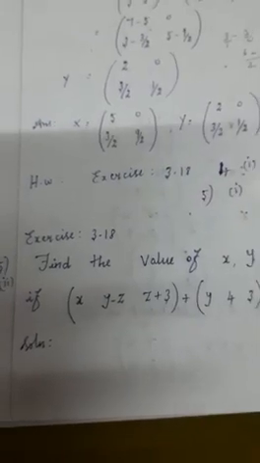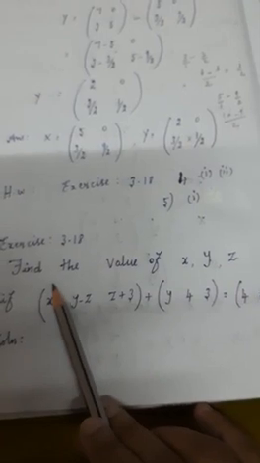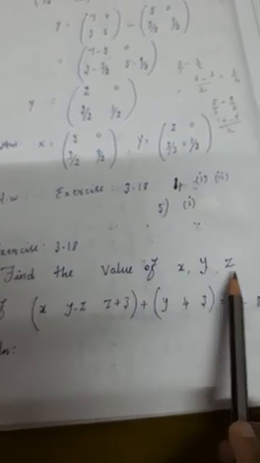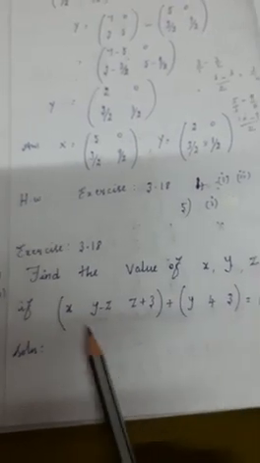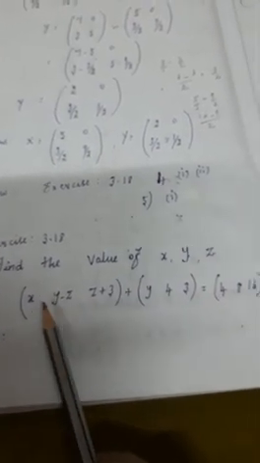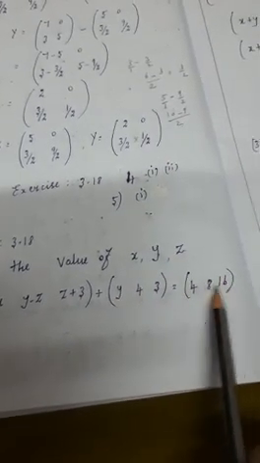Now let us see exercise 3.18, fifth one, second question. Okay, so now see the question: find the value of x, y, z. The value of x, the value of y and the value of z we need to find out using this equation. X, this one matrix, here this one matrix, equal to here one matrix they have